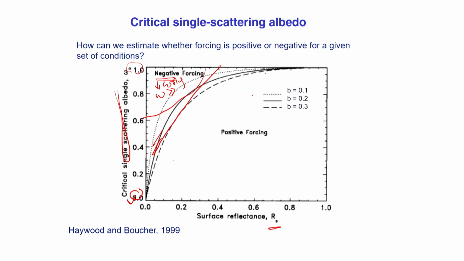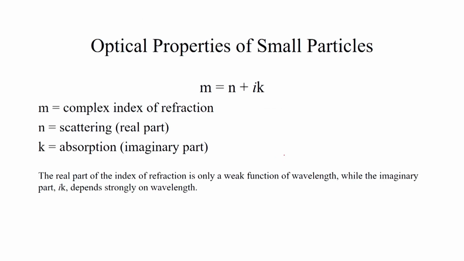Here you have mostly values that are lower, for example this region. So here the forcing will be positive, which means you have warming in the atmosphere. Then there is another very important parameter, but I am not going to discuss that one in